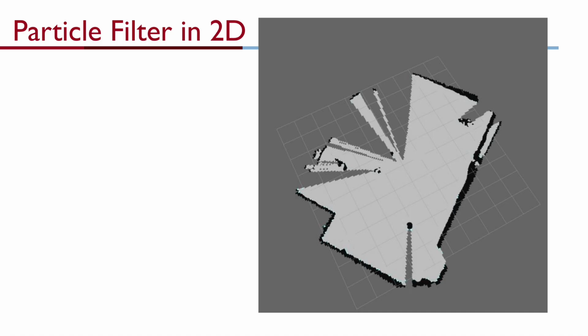This map will serve as the reference against which we evaluate our particles during localization. The red arrow in this slide shows the robot's pose estimated purely from odometry. As we've discussed earlier, odometry alone is not reliable. It accumulates drift over time and can be inaccurate due to wheel slip or scan matching errors. So, our goal is to use particle filters to correct this odometry estimate and obtain a far more accurate pose